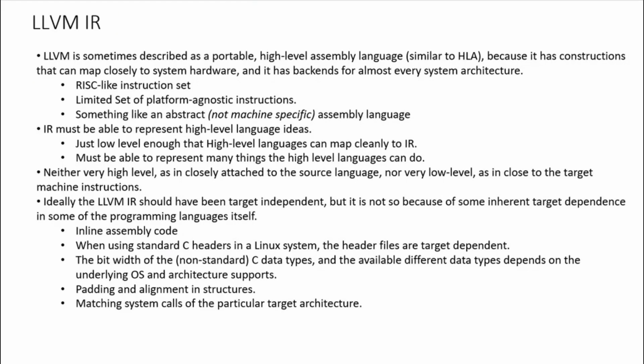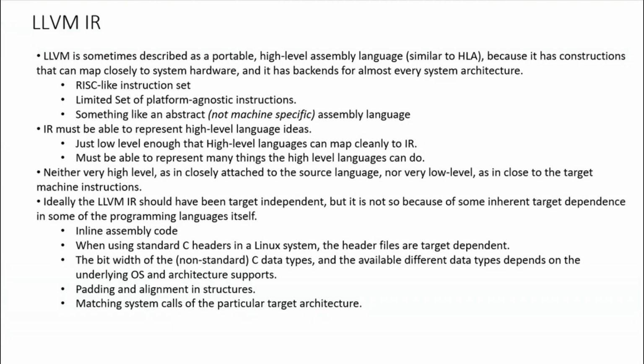C standard headers in the Linux system, the header files are target-dependent, and the bit width of the non-standard C data types depends on the underlying OS and architecture support, and also on padding and alignment constraints. That's also target-dependent. And then the system calls of the particular target architecture and OS are dependent. So that's just a little curious